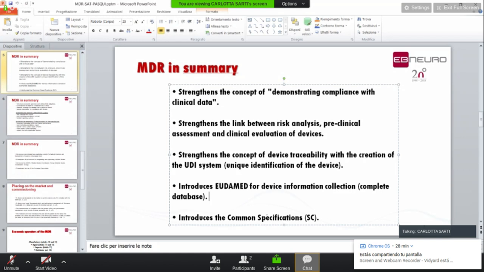Now we follow the market, we follow the tender, and we try to improve some new features in accordance with the tender. If you ask me for a new feature because your customer asks you, we take it into consideration and then we try to develop it. But with this MDR, we need to check if your request is in accordance with the common specification. It's a problem also to manage this kind of request in the future.